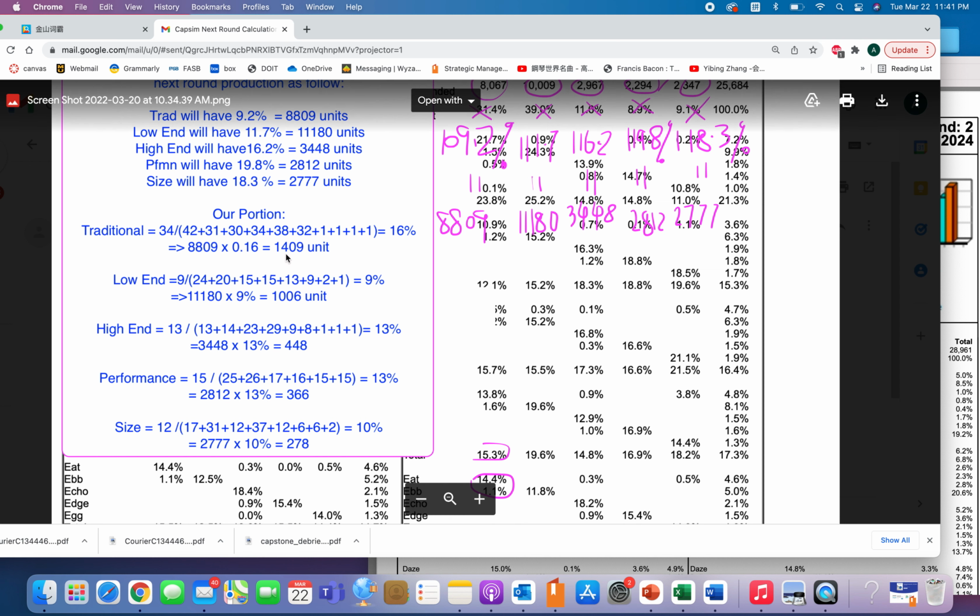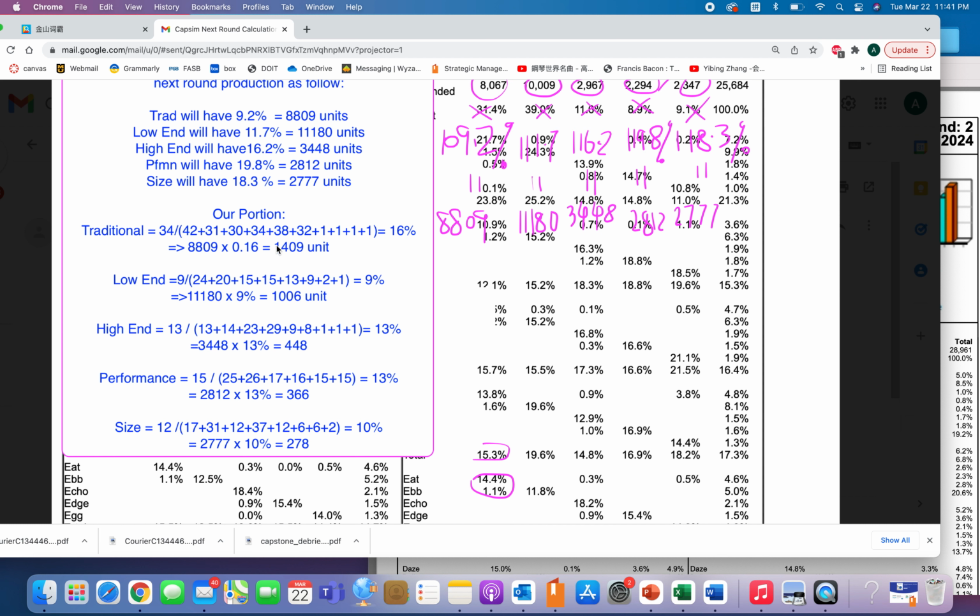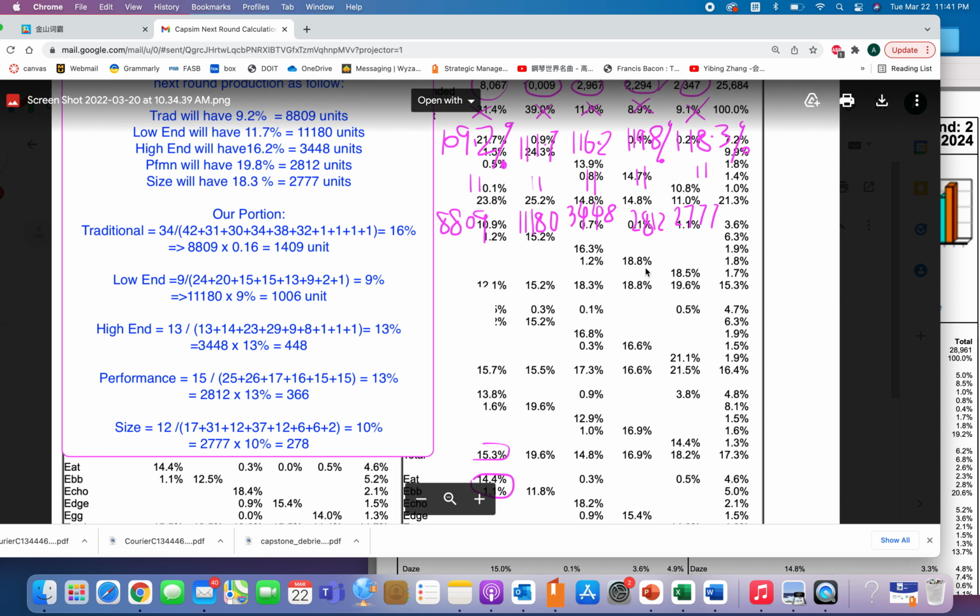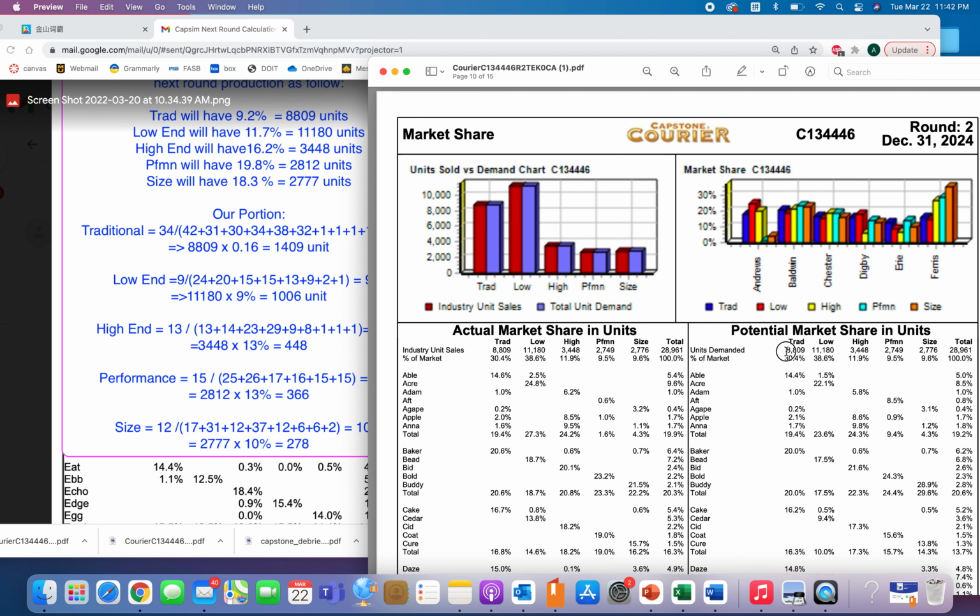From the last round, I decided traditional would be this much. We will put up this much for the low end, and then the high end should have 500, and the performance should have 300, something like that. These are the sizes, at least 200. Where is this number coming from? We're going to use this number